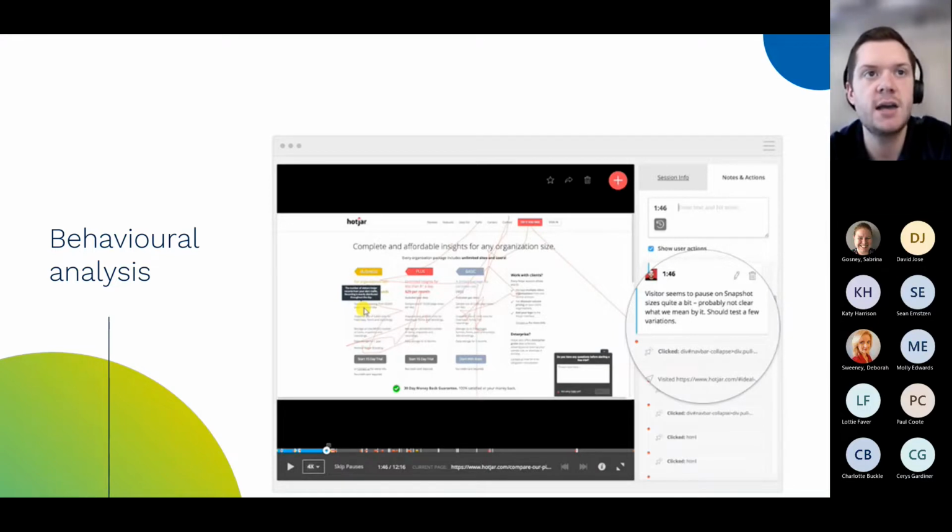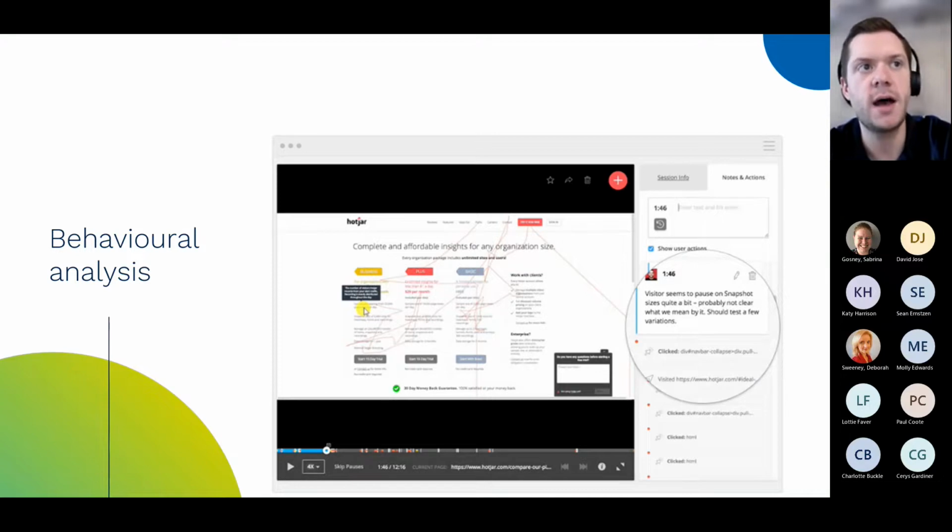You can see here a still from a recording within Hotjar. The red lines everywhere are just how someone's mouse has moved across the page. So you can see they've visited the red button, and they've scrolled over the contact navigation. I can't see what the 1, 2 to the left of that is, but you can start to see where their mouse has navigated, and that this person has been on this website for 12 minutes. So they've probably gone across multiple different pages, and we can see where they try and click.